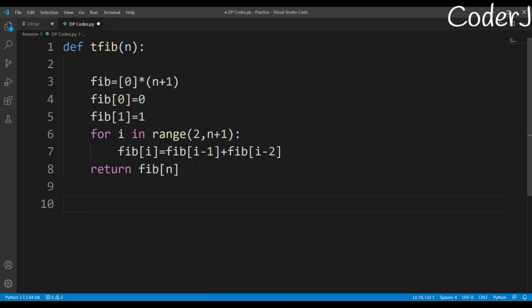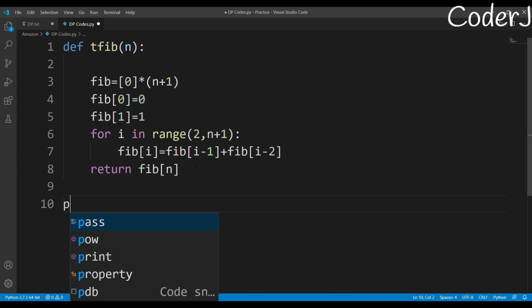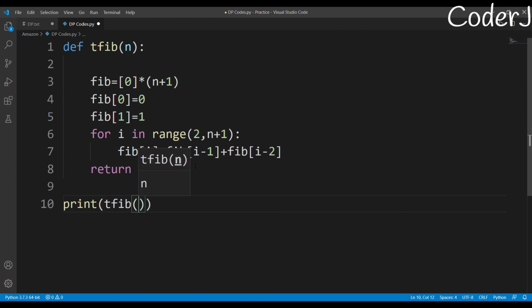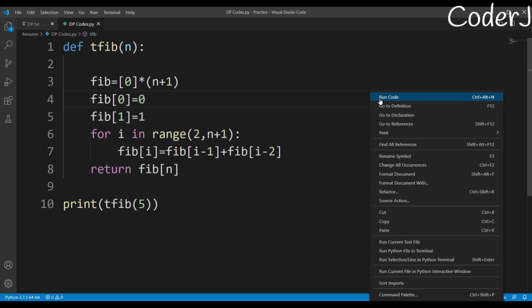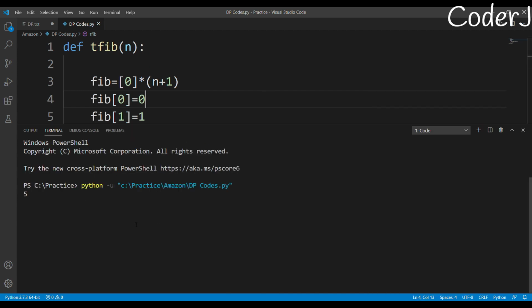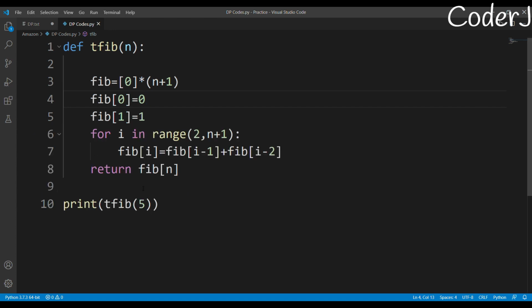Okay, so now let's see whether this function even works correctly. So tfib, and let's try to solve it for 5. Okay, let's see if it gives us the correct answer or not. So the value that I get is 5, and I think that is correct. 0, 1, and then 1, and then 2, and then 3, and then 5.